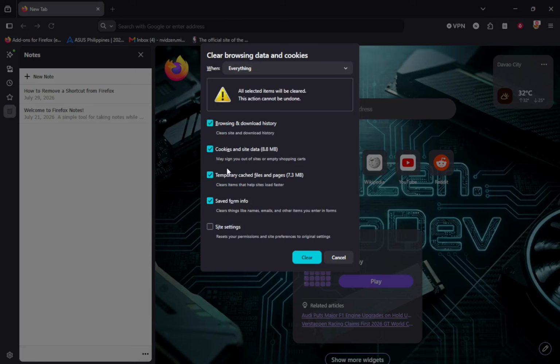Select Browsing and Download History. This covers both the pages you visited and the list of downloaded files that appears in the Firefox Downloads panel. Many beginners do not realize that clearing this does not delete the actual downloaded files sitting in your Downloads folder. Click Clear. Firefox closes the window, and the next time you open the History panel, you will see it is